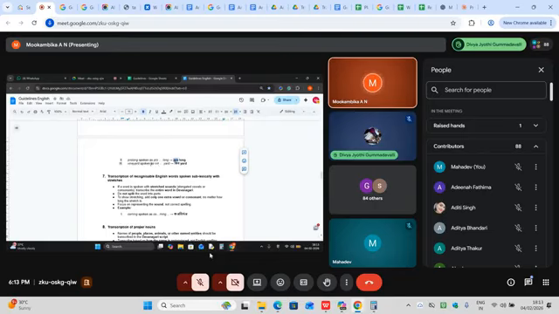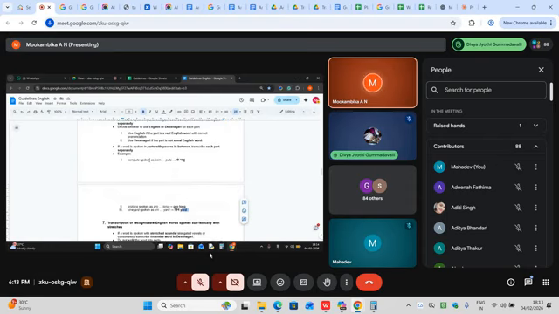This win, V-I-N, is not there in the English dictionary, so you have to use Hindi. Yard is there in the English dictionary, so you have to type it in English. This is how you can transcribe the content. If you separate it and it is not there in the dictionary, you have to type it in Hindi only.